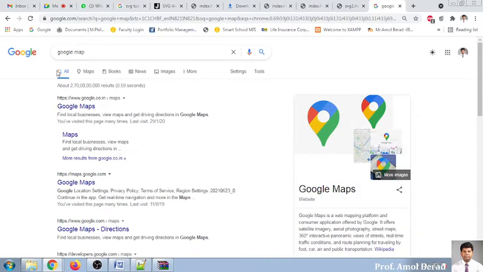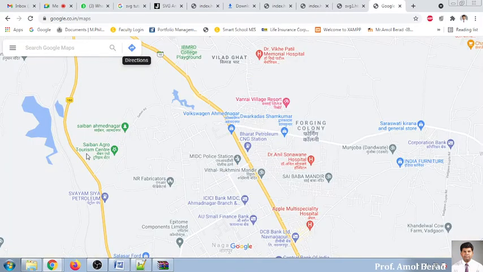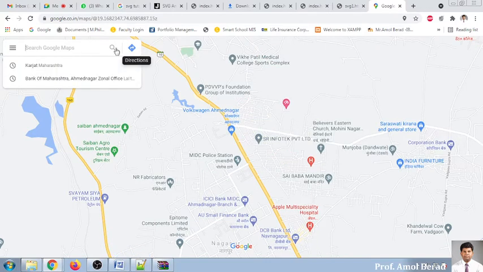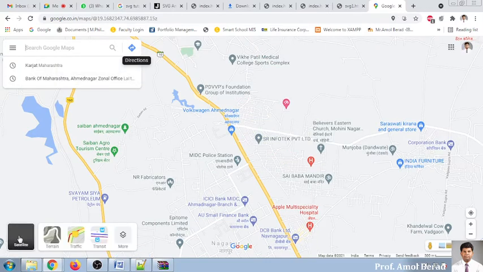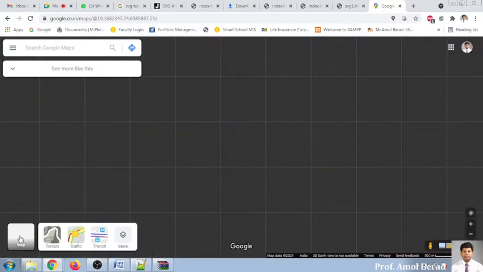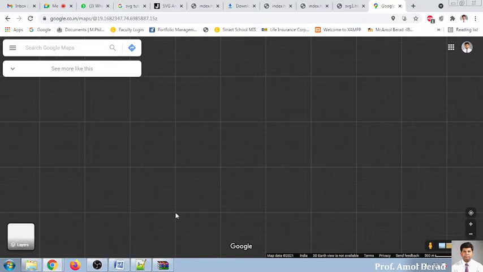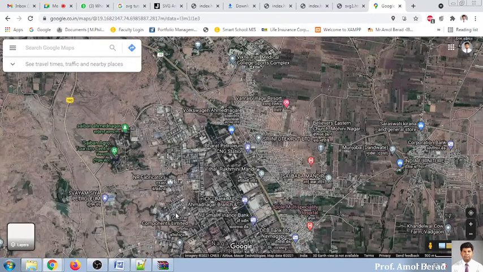A real life example is nothing but Google Map. You go on Google Map. Google Map is nothing but satellite images. Once an image is taken, it is being used by people frequently. Let me show you this in satellite view. This is a satellite image already captured. It is already stored. Now here you will be working on X and Y coordinates.